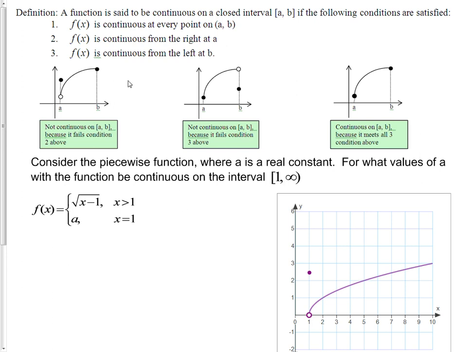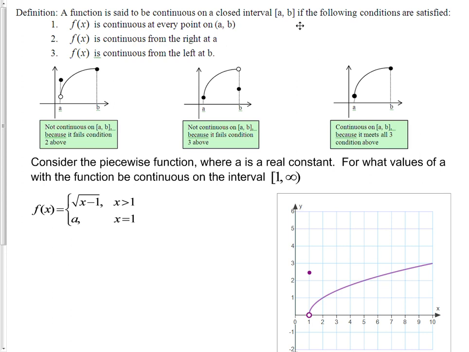So now, if we're going to be completely accurate in our description of functions, we also have to consider the kind of functions that have endpoints. And we have to consider when is a function continuous at an endpoint. So here's our definition. A function is said to be continuous on a closed interval from a to b if